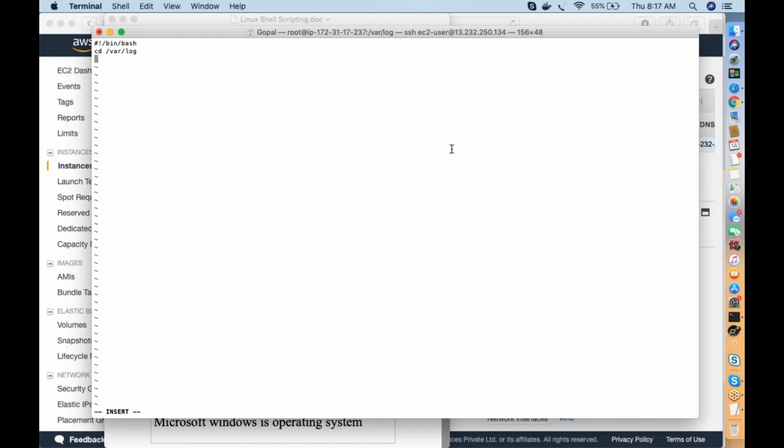Go to this path and execute a command to empty the content inside the log file. It's very simple. We have to make sure we do not delete the file, only the content inside the file should be removed. To do that we use cat /dev/null > followed by your file name, last log.